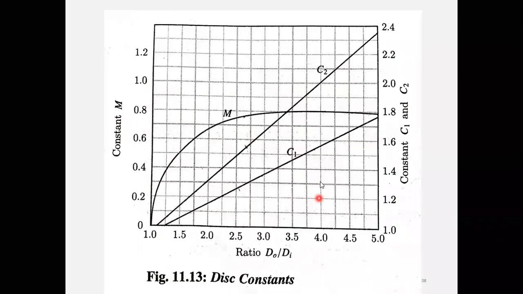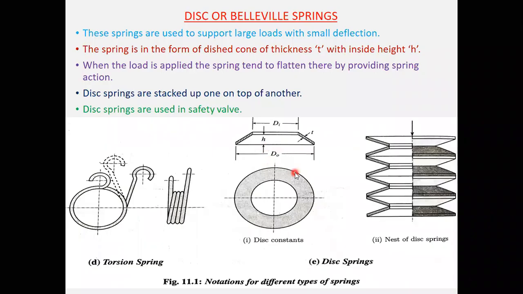Here you can see that the F you are getting is 11.84 kilonewton, meaning at that load the spring will become flat, whereas the earlier load is the safe load. If you apply that load, there will be a deflection of 0.79. If you apply F is equal to 11.84, how much deflection will you get? Y will be equal to 5 mm. 5 mm of deflection you will get. Then the entire disc will be flat. This entire disc will be flat at the load of 11.84 kilonewton.